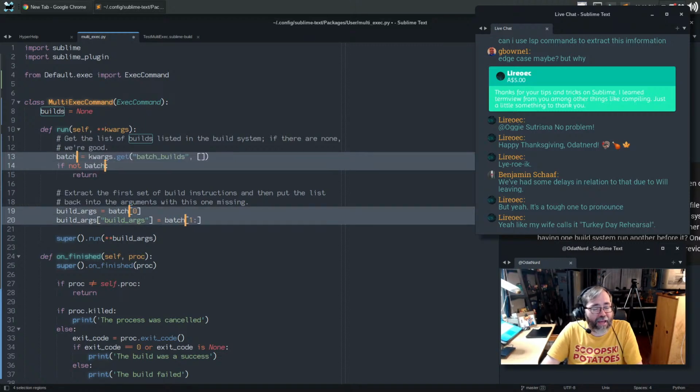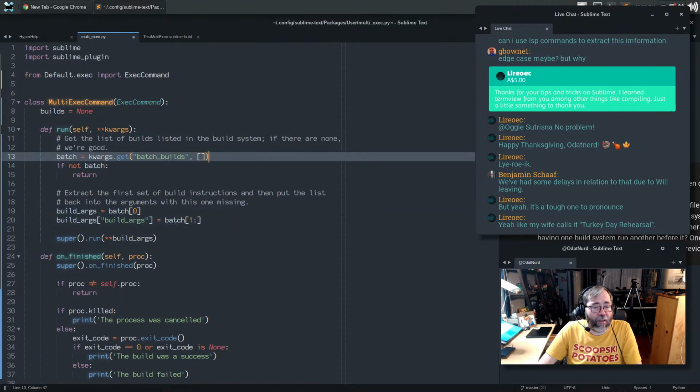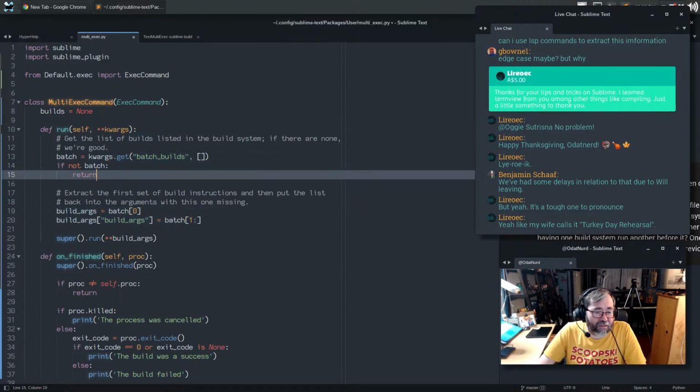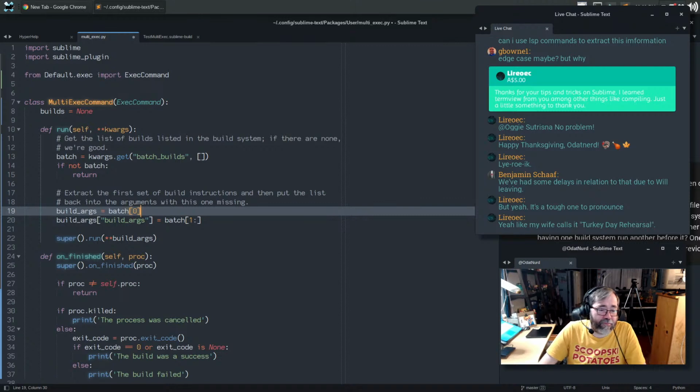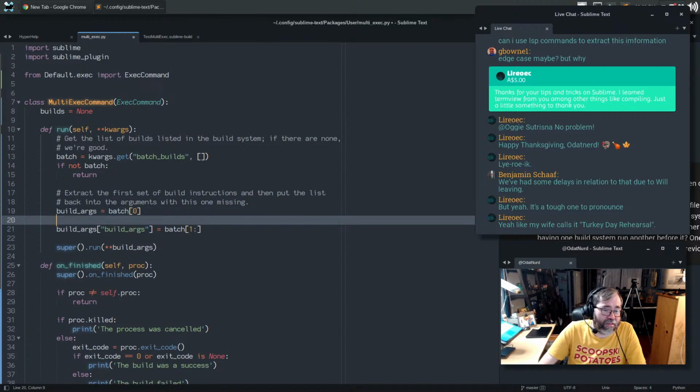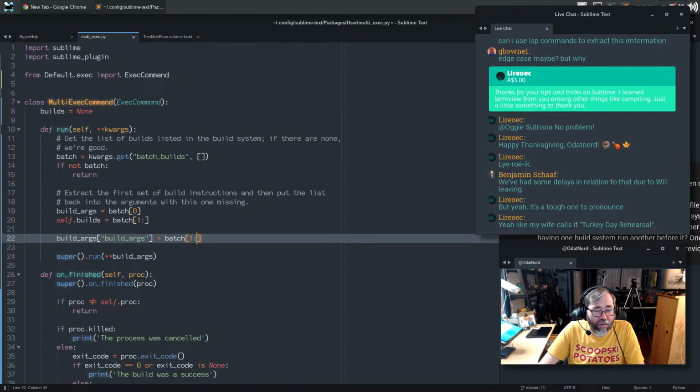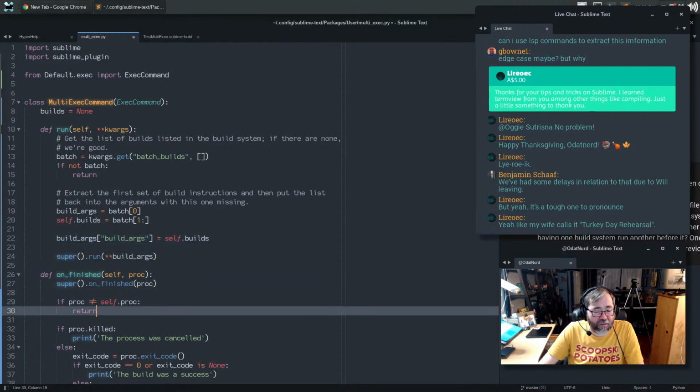We'll call that one batch. To get the list of batch builds, if there isn't any, leave. Then we can say self.builds is equal to batch 1, and then that's equal to self.builds, like so. Trying to think my way through this as we go, because